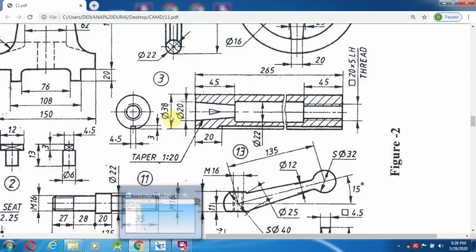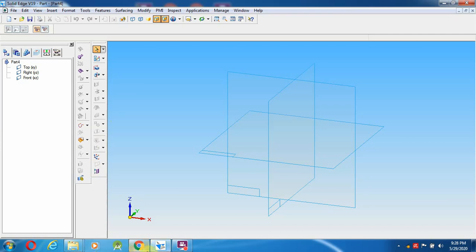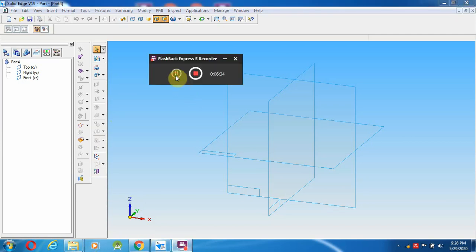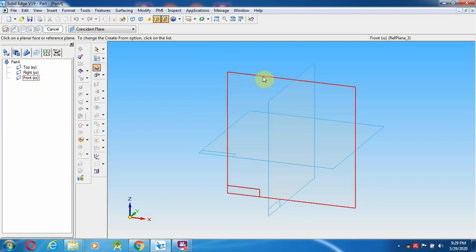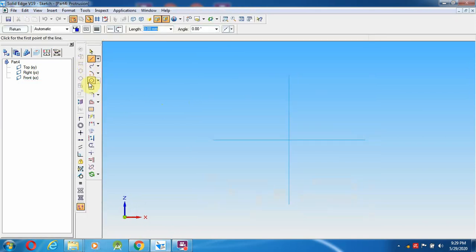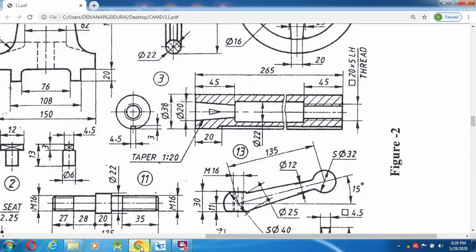First I am going to create a 38 mm full solid cylinder. Select the solid edge, go to protrusion, and first select a circle. From here, what is the diameter? I think 38 mm.